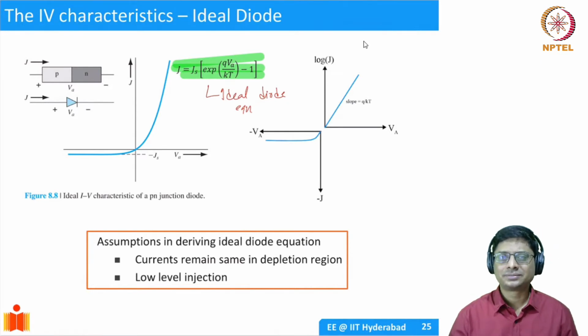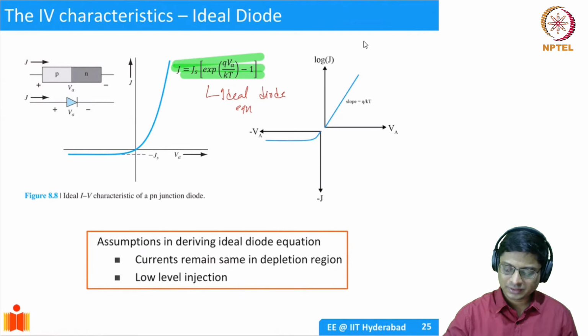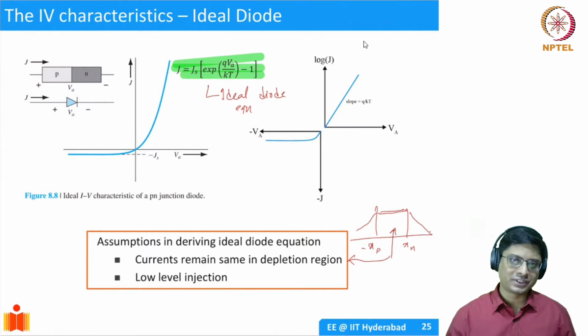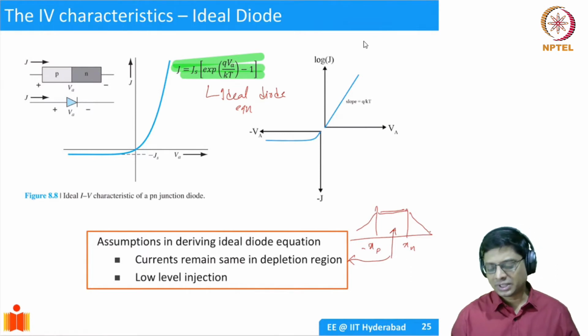It's an ideal diode because we have made some assumptions. When we were calculating the currents, we had the depletion region, from minus xp to xn. We looked at the diffusion currents on either side, but we said that there is no change in the depletion region currents. But you're introducing excess holes and electrons across the depletion region, so there's going to be some recombination happening. There's also going to be some generation happening because it's completely depleted of carriers. So there is some generation and recombination that can happen in the depletion region, which we have ignored. And today we'll see the effect of that.